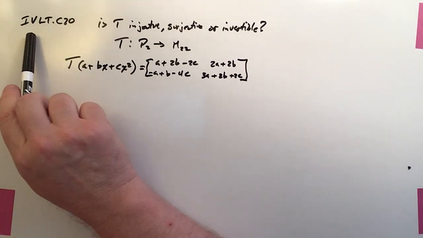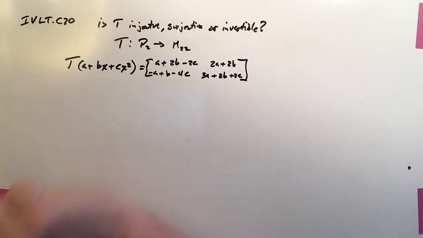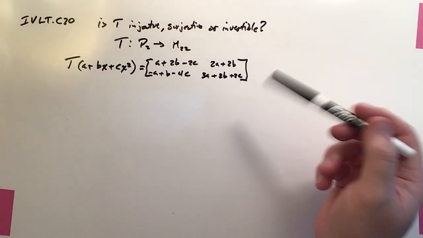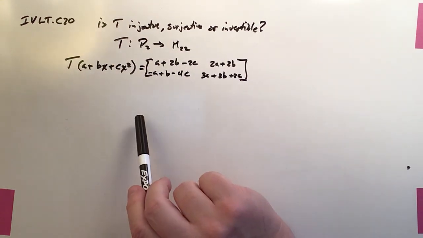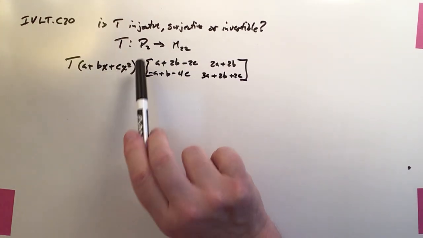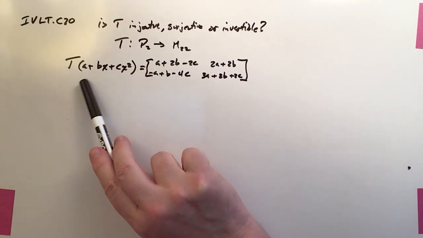Okay, this is IVLT, where we're looking at invertible linear transformations, C20. And this is sort of a review of all three sections. Is T injective, surjective, or invertible? And here's T. It basically takes P2 and it maps it onto a 2x2 matrix, and here's the mechanism by